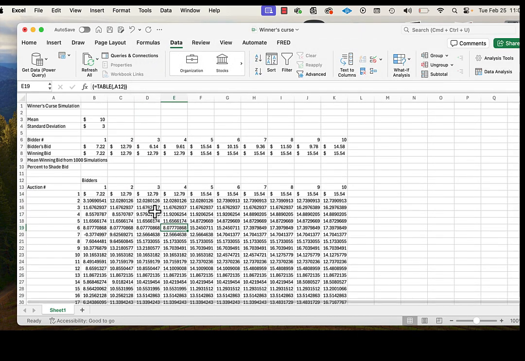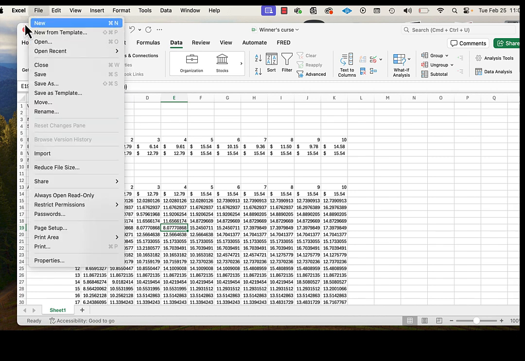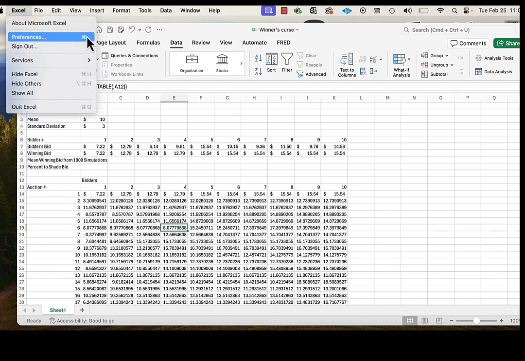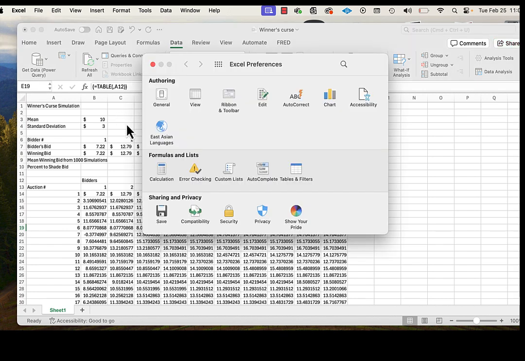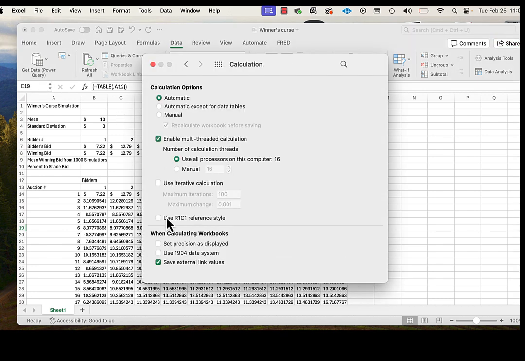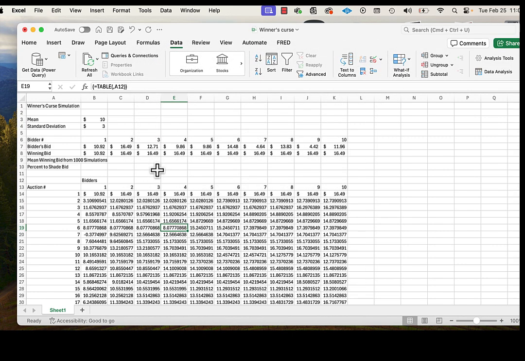And if you don't like it calculating now, every time you press enter, you come up here to Excel preferences and do calculation and automatic except for data tables. So do that. Okay, so now recognize that if you change the mean, if you change the standard